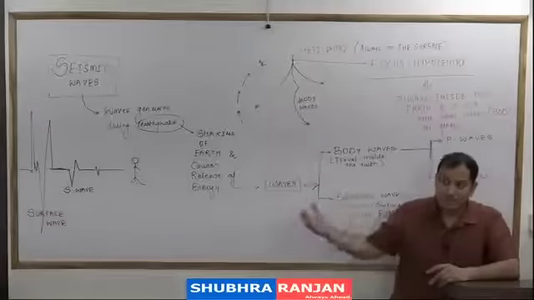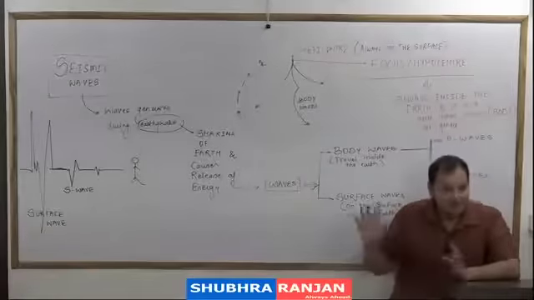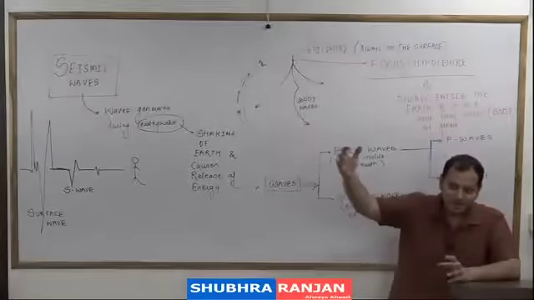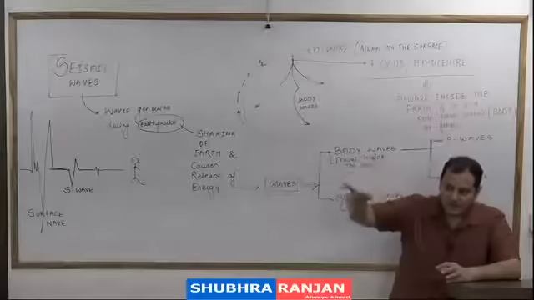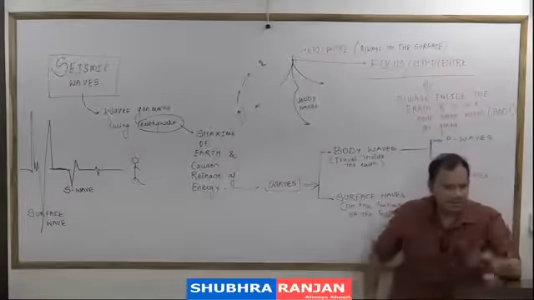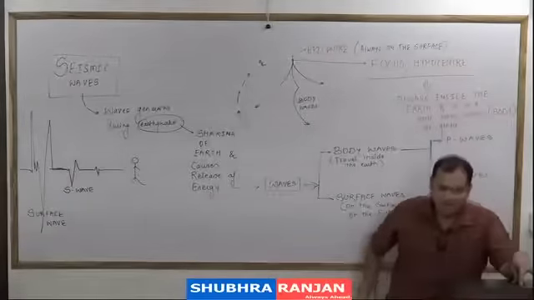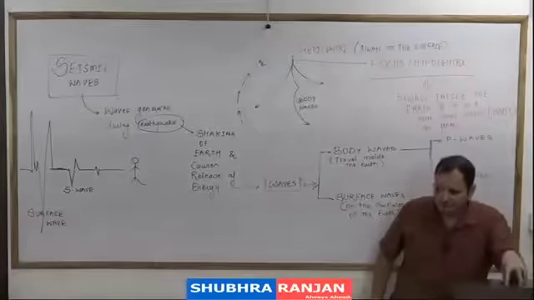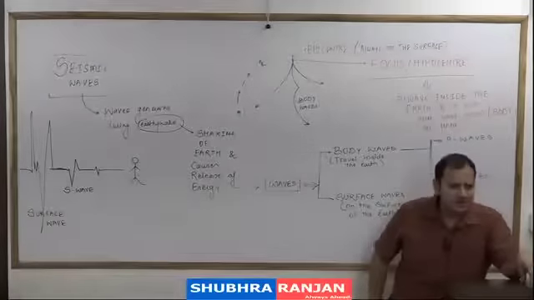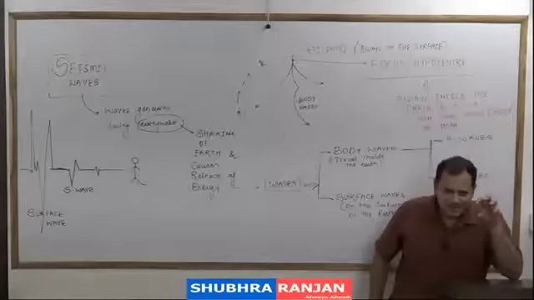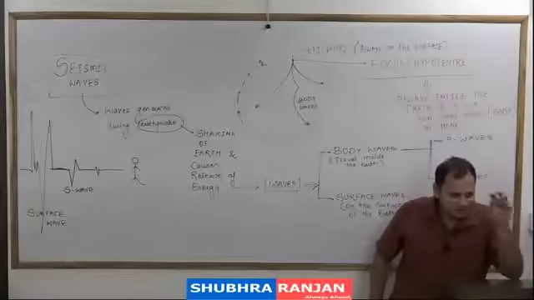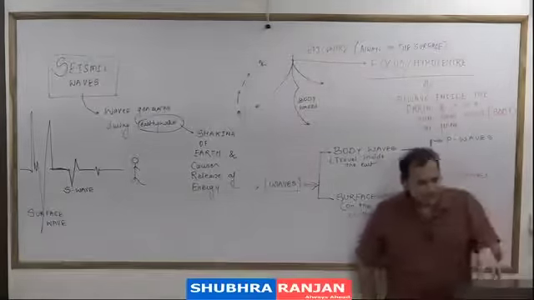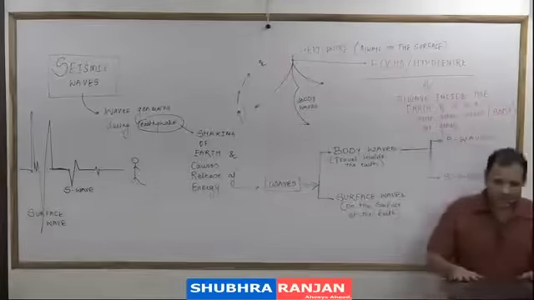Yes, a tsunami becomes a natural disaster because then it makes no difference whether you have a building or not, because the waves will come at a height of around 30 to 35 meters. 30 to 35 meters means around 100 feet is the height of the waves, with a speed of 600 to 700 kilometers per hour. And if such a wave is coming with great speed, obviously nothing will survive. So you should know that is the basic difference between hazard and disaster.